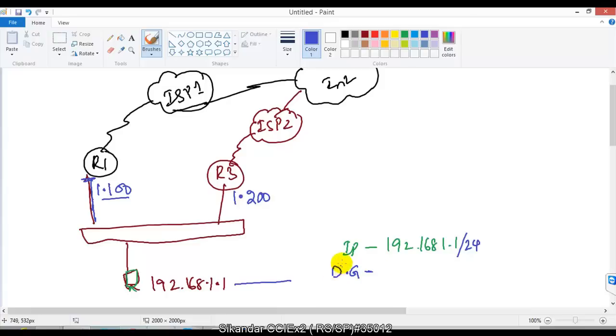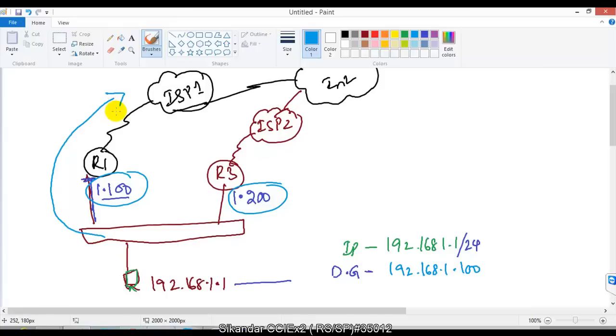Now should I use the gateway from router 1, or the gateway from router 3? If I define the gateway address as 192.168.1.100, all my traffic will go via the first gateway, because on my PC I defined the gateway address as 192.168.1.100, which means the second gateway is not used at all.